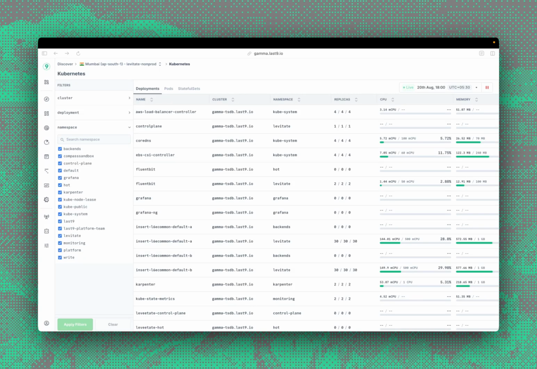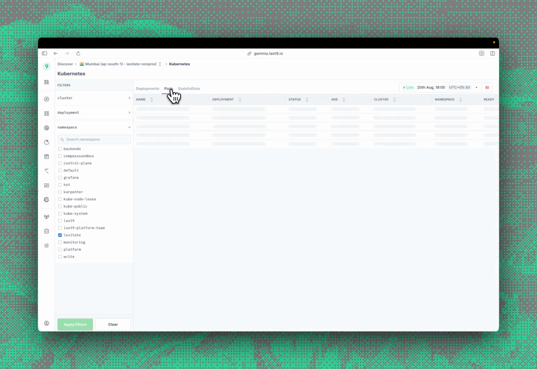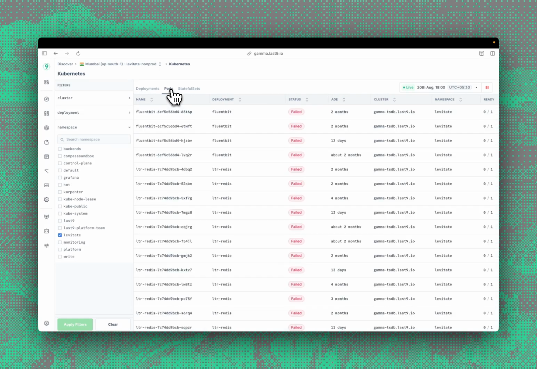Last9 provides an approach with auto-discovering all your infrastructure, be it Kubernetes, be it hosts, directly, and then providing you a way to understand how they're behaving. You can look at all the deployments, clusters, namespaces at one single place, look at an individual namespace as needed, and then understand how the components are each behaving inside that particular layer of abstraction, be it deployments or pods or even stateful sets. It also maintains the history of the performance in terms of failures as well as the